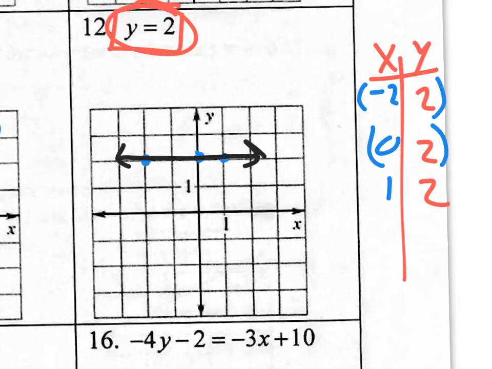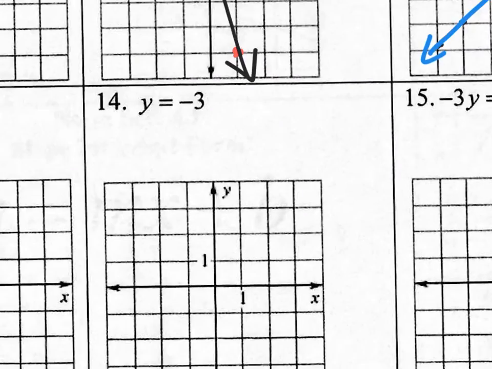So the shortcut is not really to do this xy table. That's the explanation. The shortcut is to recognize that if you have y equals a number, it's just going to be a horizontal line through that value on the y-axis. Okay? Now, if it were x equals a number, then it would simply be